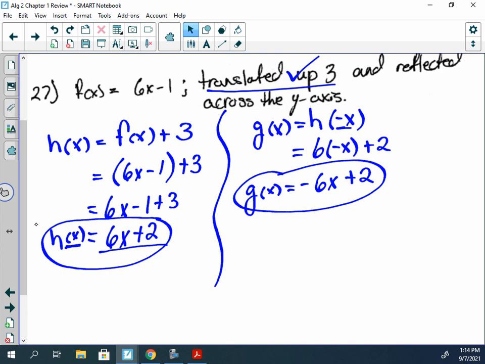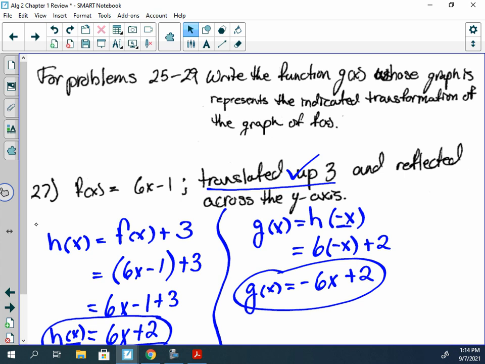Any other questions on these transformations? Or another one that you want to look at? Are we good to move on to 26? Everybody's